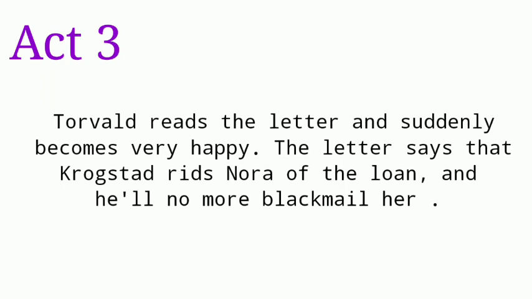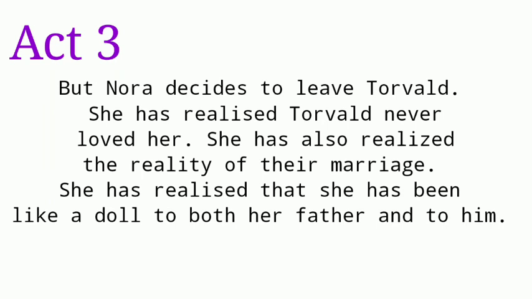Reading this, Torvald becomes relieved and tells Nora that the bad dream is now over and they can be happy again as before. But Nora decides to leave Torvald as she has seen the true face of Torvald and the